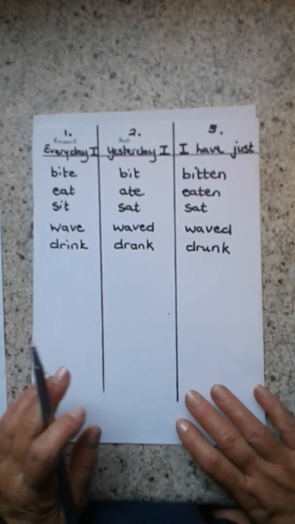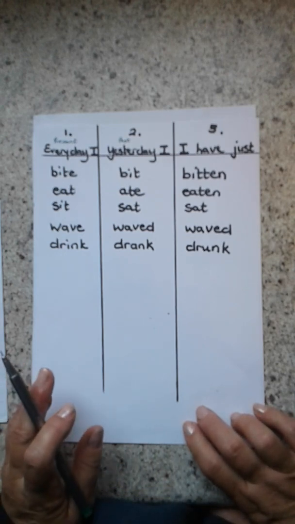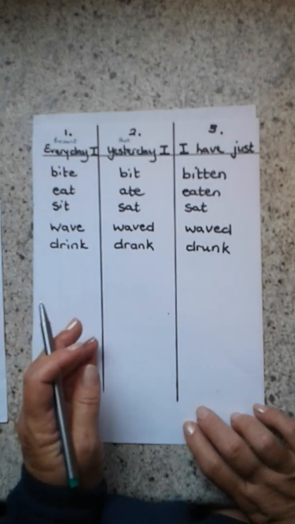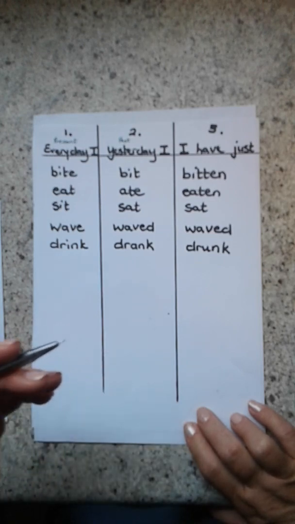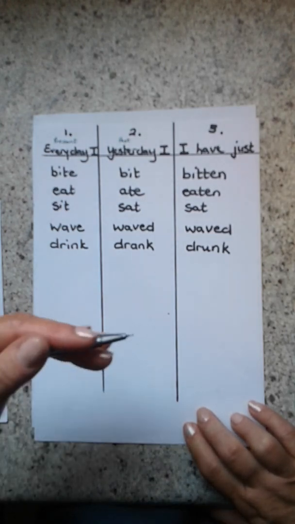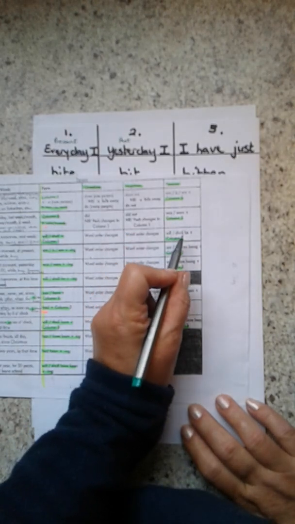So now you can see that to just simply change the object and the subject around and use bitten will not help you to keep it in the same time. And as I have explained to you previously, you are never allowed to change the time that something is happening. So you find out, is it in the present, and whether you change it into a question or negatives or passive voice, it must stay in the present or in the past. And the only things that will help you are these auxiliary verbs: am, is, are, was, were, shall, or will,